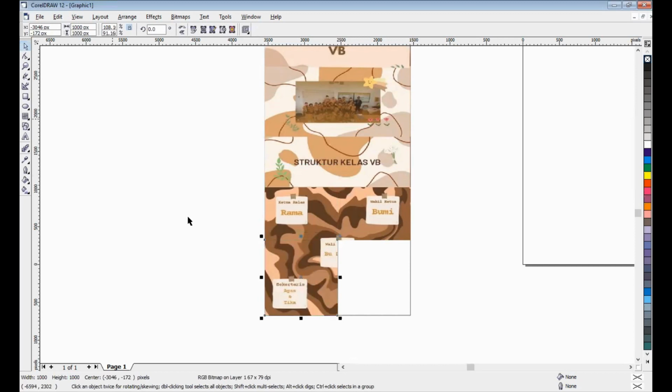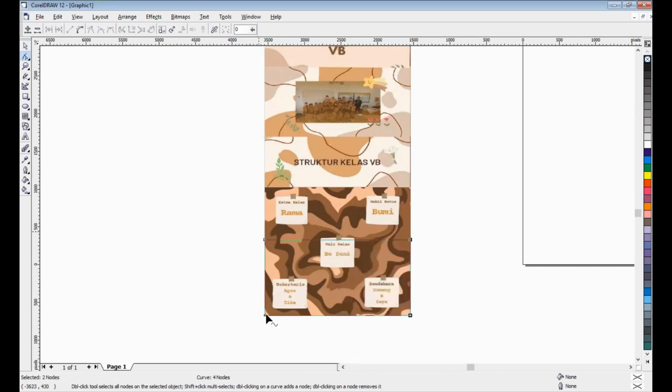Okay, and the last Control C, Control V, move the node, yeah, like this. Okay, if you are worried, you can do like this to check it. Okay, that's it.